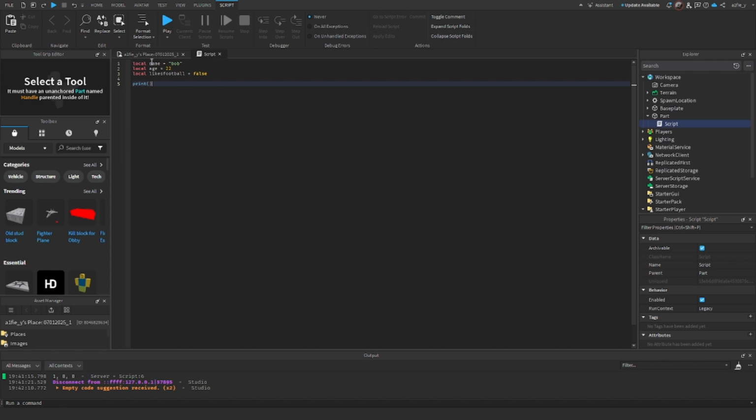So we can print his name. So print name. And then if you want to connect something to this, you do 2 dots, just like this. And you can put whatever you like, so age, and then does he like football, and then put likesFootball. So now if we run this,